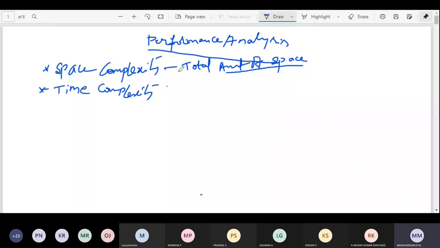Clear? What is space complexity? It is the total amount of space or memory it requires or needs to complete execution.